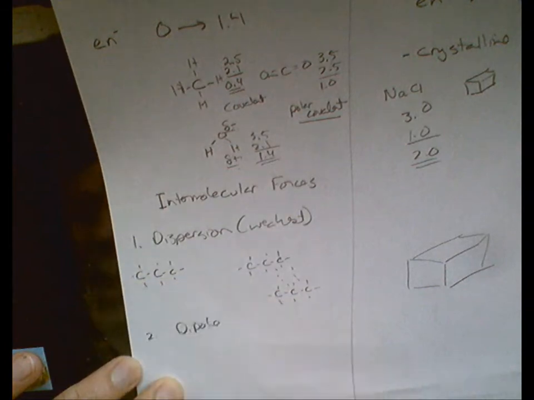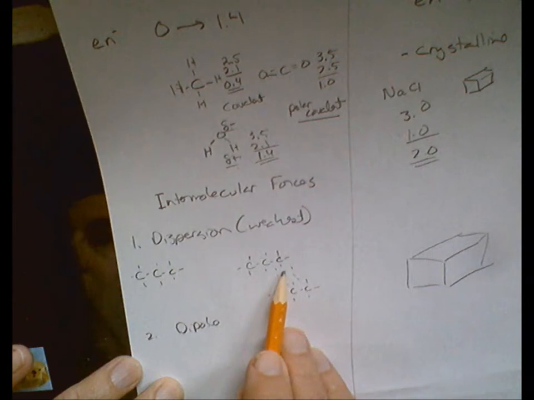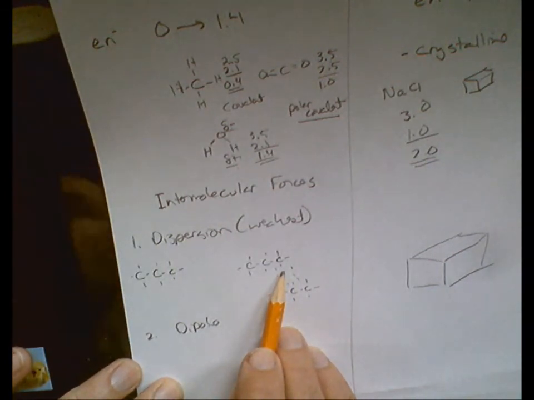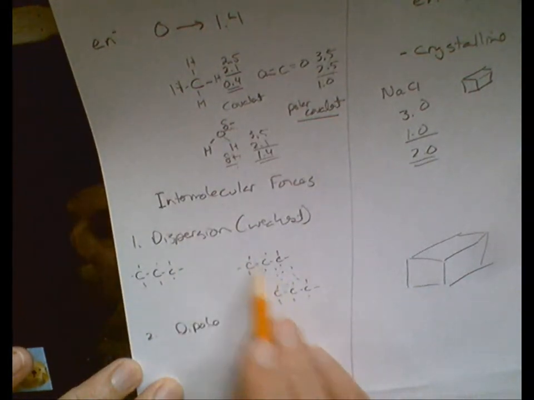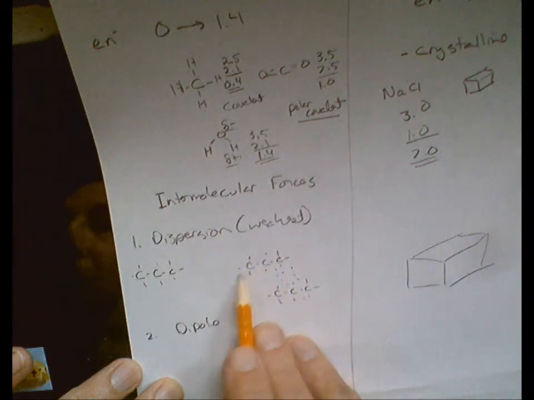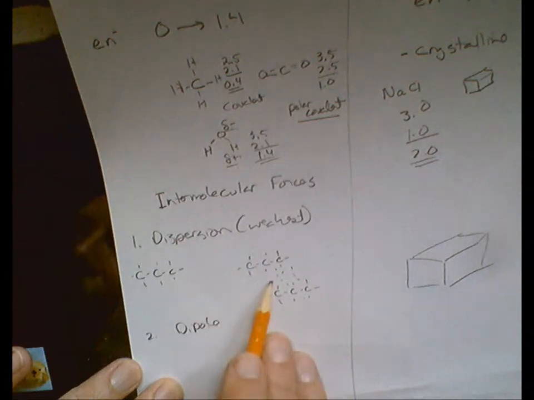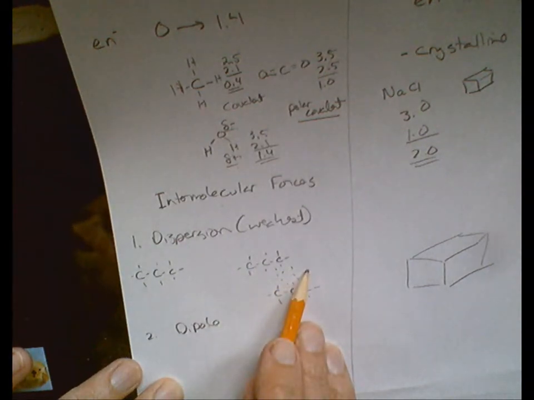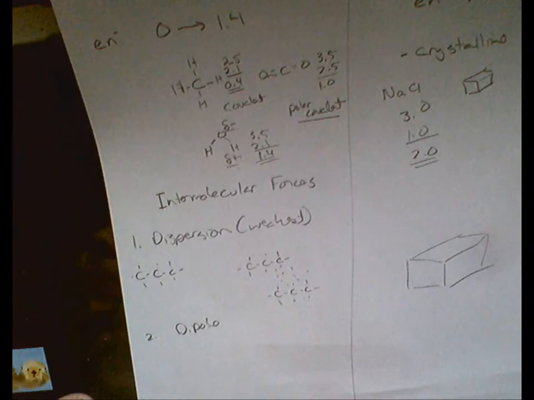so the electronegativity difference between the carbons and hydrogens is very low, it's going to have dispersion forces, which means it's going to have weak forces holding it together. Intermolecular forces are forces between the molecules, not within the molecules. All the bonds are covalent, but the forces attracting these molecules are called dispersion. They're very weak. Think of a gas. If you could smell gas in the room, the gas will spread out, and it's because these forces are